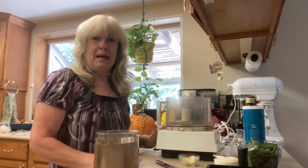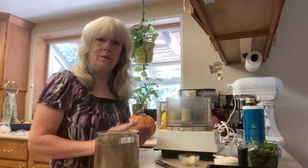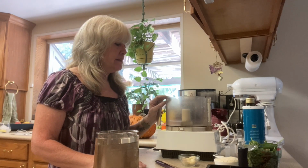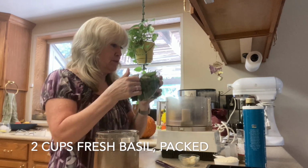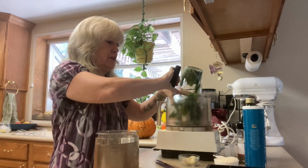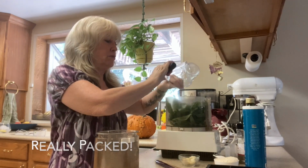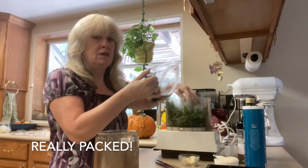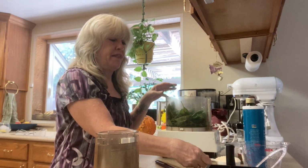For our purposes today, I'm going to make just a standard recipe that a normal household would make, and that would call for 2 cups of basil. This is some of the basil that I just washed. We're just going to put everything into a food processor. And when I say packed basil, I mean packed basil. 2 cups. So we're going to put that in along with our